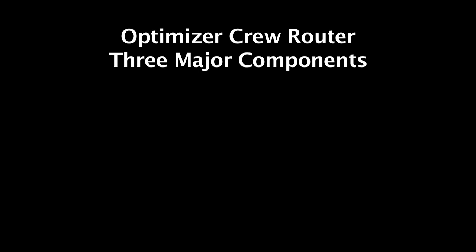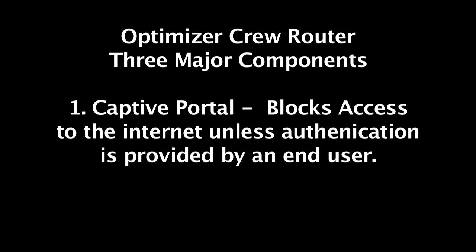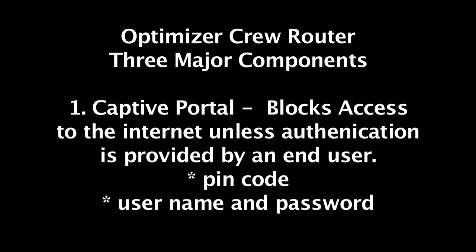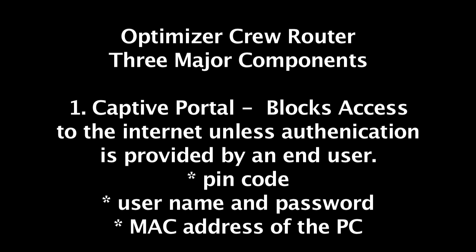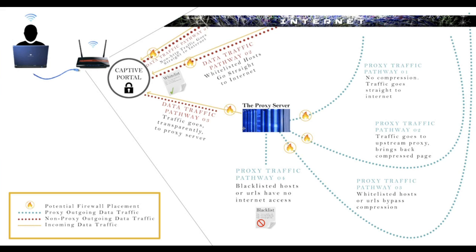One of them is the captive portal. So the captive portal is a major component of the device which blocks access to the internet unless authentication is provided by an end user, and that authentication can take place as either a PIN code, a username and a password, or the MAC address of a specific PC. So before anyone can access the internet through the LAN port or through the Wi-Fi, they have to log in,